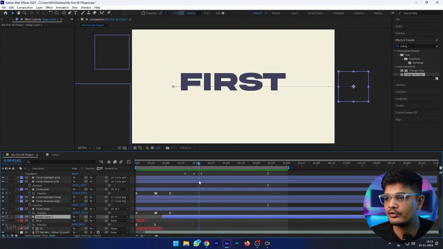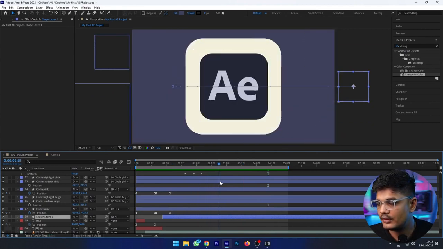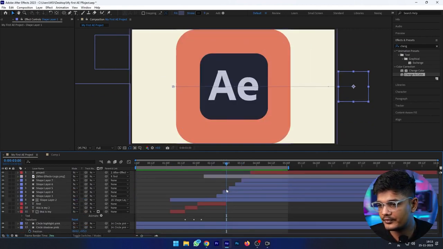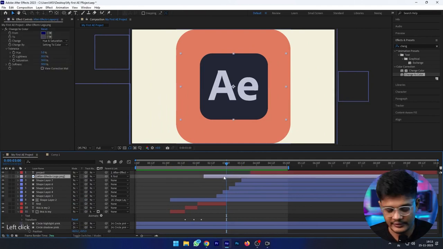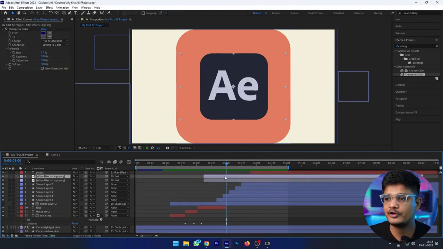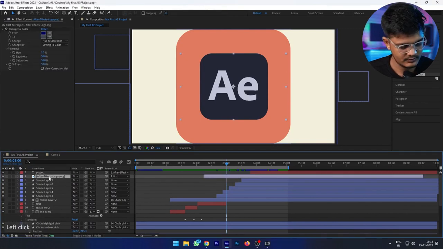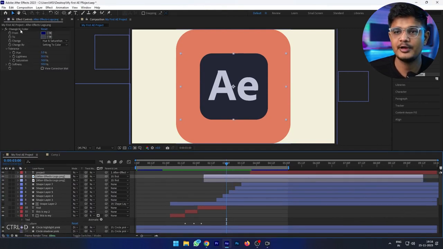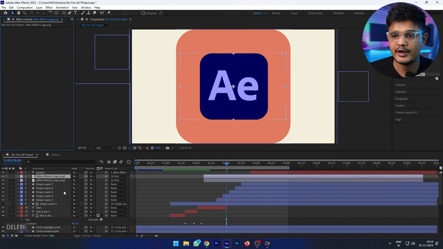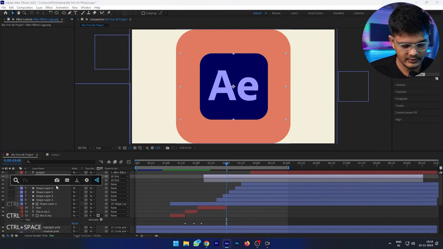So we can also add some shadows to this After Effects icon also, but to add shadows we need to choose our color ourselves. Okay, so I duplicated this After Effects. I duplicated this, I am deleting this, changing the color, and I am adding this effect called fill.